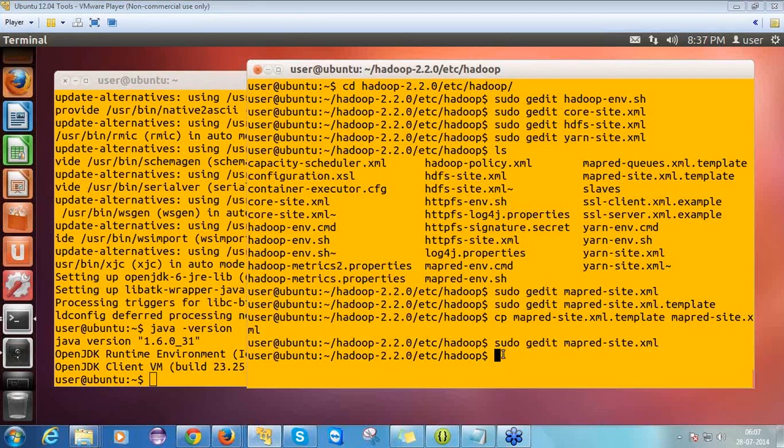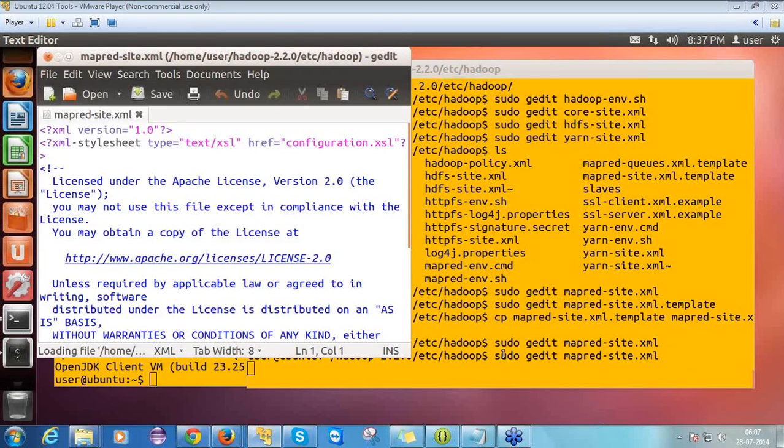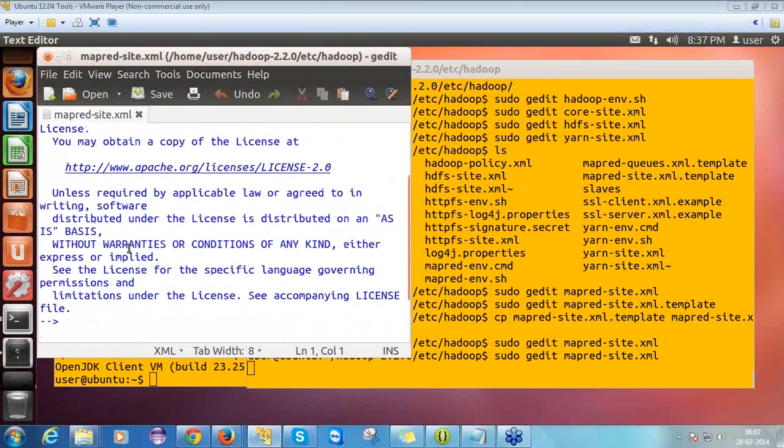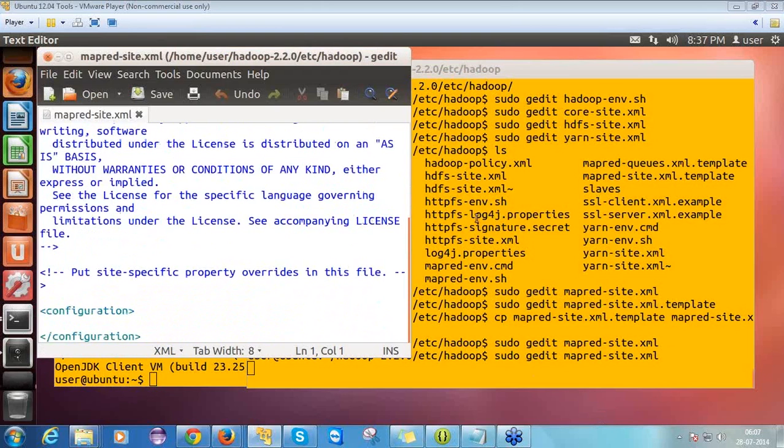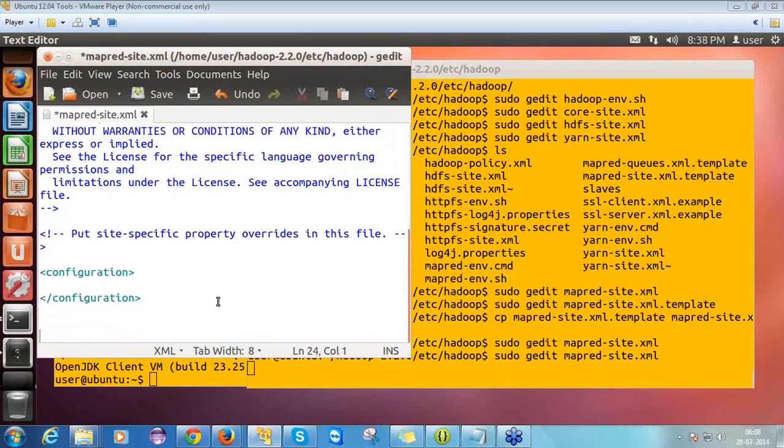For that we will use a command sudo gedit mapred-site.xml. Earlier you have seen that mapred-site.xml was blank. Now once we have copied the configurations and all the templates from mapred-site.xml.template to this file, it has copied each and every content to it. Now we can set the path and properties inside that easily. So what we have to set inside that, first of all, again we have to open the property. After that we have to give some name. Name is